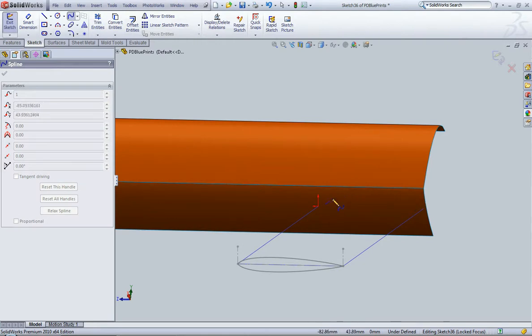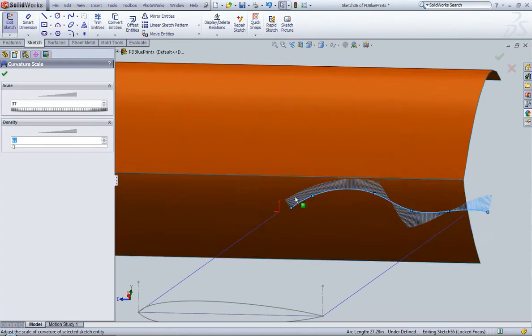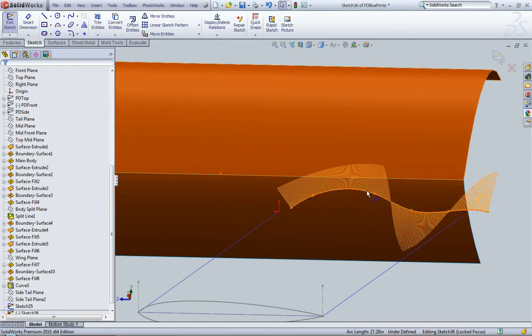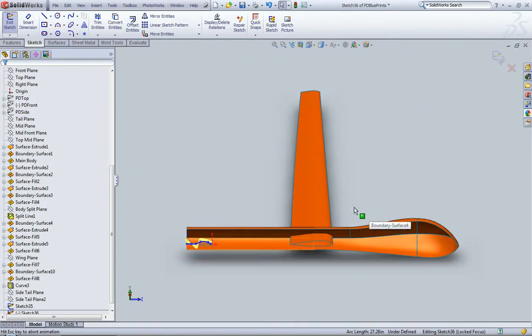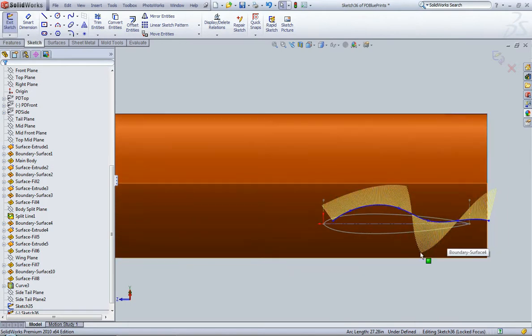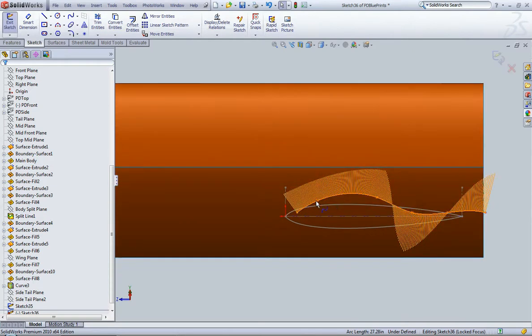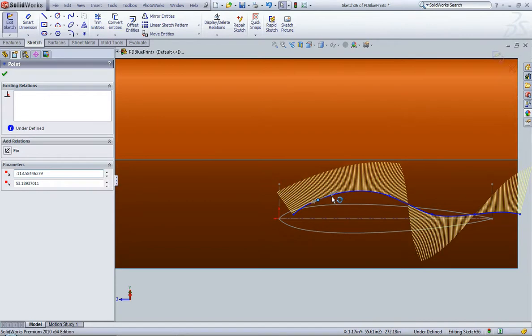Just real quick, let me go ahead and just do a multi-point spline. So you can see here, let me scale this up a little bit, it might be able to help you see a little bit better. Doing a multi-point spline isn't necessarily a bad thing. The time you start to get into trouble is if you look at these multi-point splines. Obviously we're changing direction, we've got some drastic change here. Really, that's alright, but if you want to start adjusting these spline handles, then you really start to get in